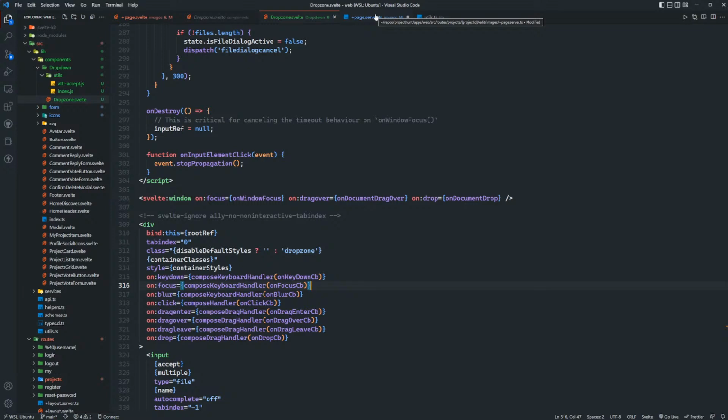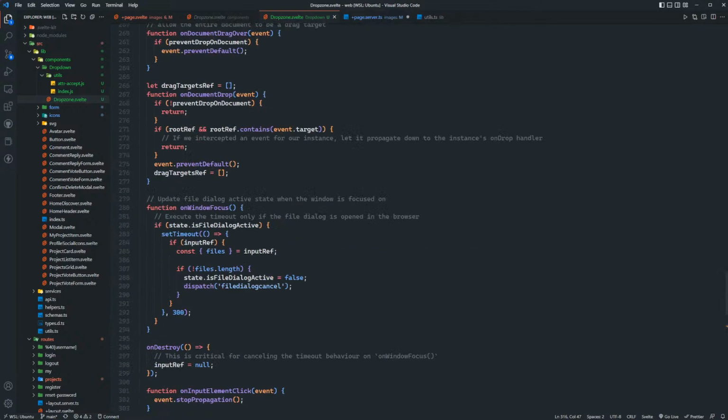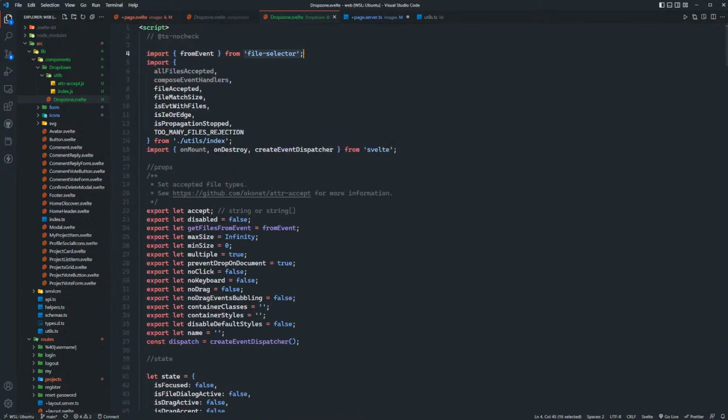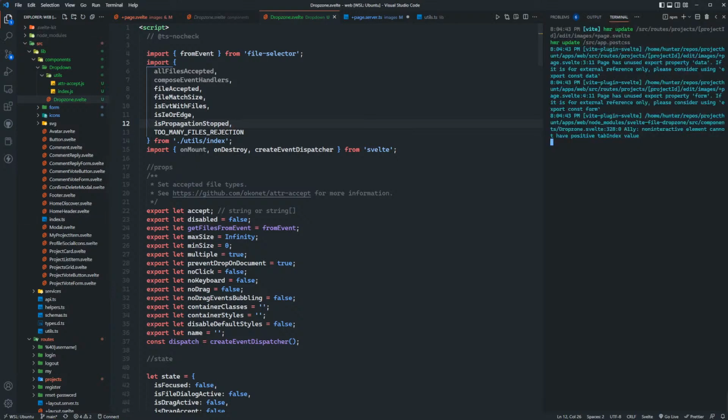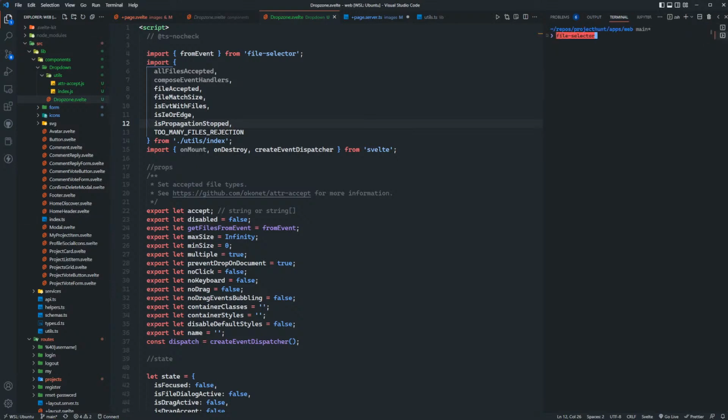Maybe add the file select dependency to your project. Yeah, I probably should, right? Because I'm going to end up deleting that other one from the dependencies. And I probably should check what version that's running, but